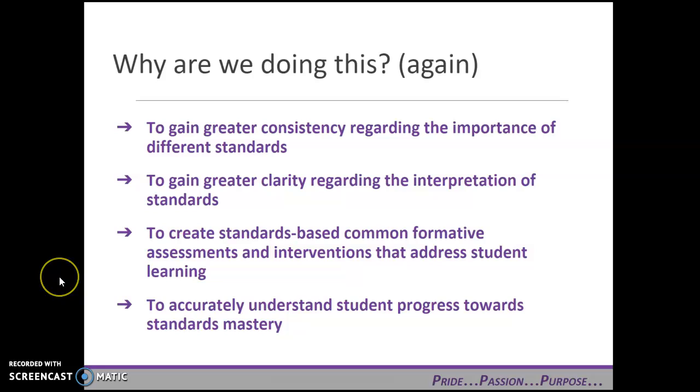What we're really saying is that with all of us choosing what standards to emphasize, what standards to remediate, what standards students must know to be successful in the class, with greater clarity and greater purpose, we feel that there will be consistency, and it won't matter what 10th grade English teacher your student has. All students will be receiving a consistent educational experience.